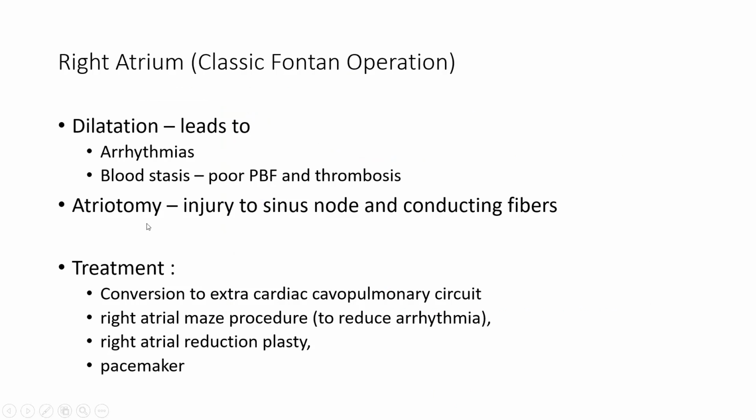Atriotomy can lead to injury, like we are cutting down the RA, so it might lead to an injury to the SA node and the conducting fibers, leading to sinus node dysfunction. Treatment: the best way is to avoid the RA as a chamber in the pathway. We use the external cardiac conduit or the right atrial maze procedure. If we used a right atrium leading to arrhythmias, we might require a reoperation. We might advise a right atrial maze procedure to reduce the arrhythmia, reduction plasty, or might require a pacemaker because of